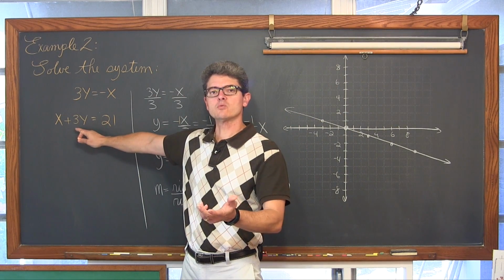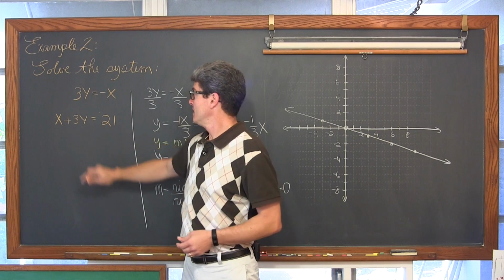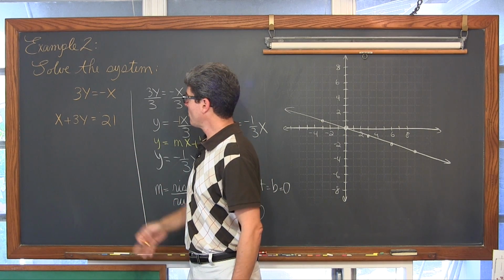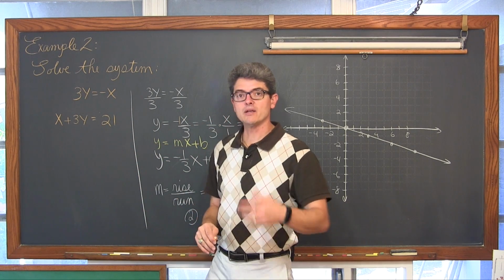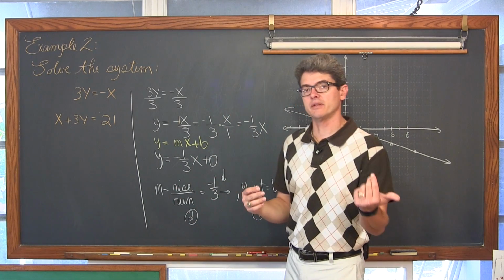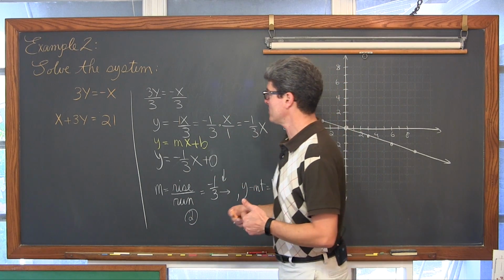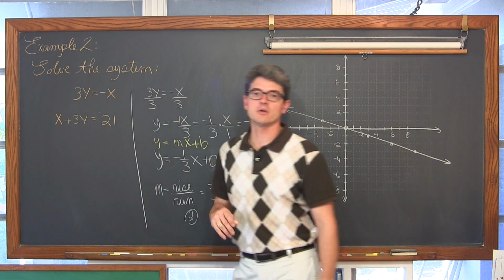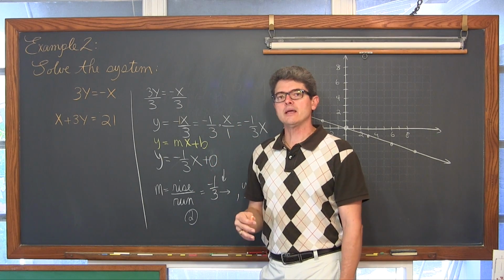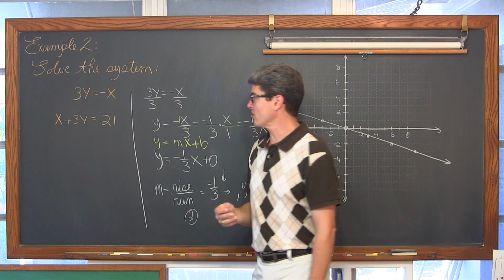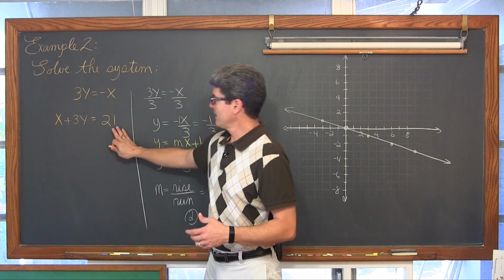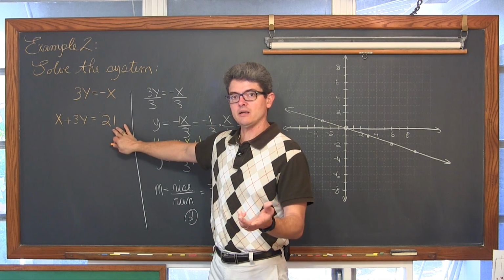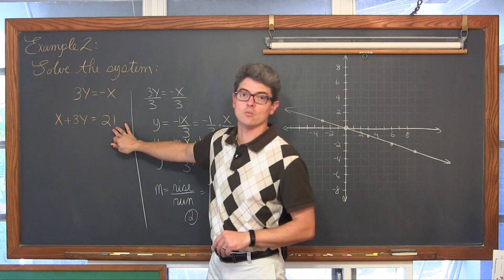Now, we can do this with x and y-intercepts. Be a good candidate for that. Or we can do it with slope-intercept form. I know we're going to do x and y-intercepts on the next example or last example. So I'm going to go ahead and put this into slope-intercept form. I also like putting this into slope-intercept form. Like if this were a 20 or a 19, I would absolutely do this with x and y-intercepts.